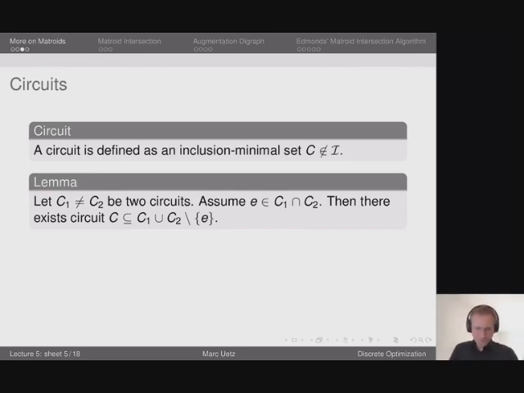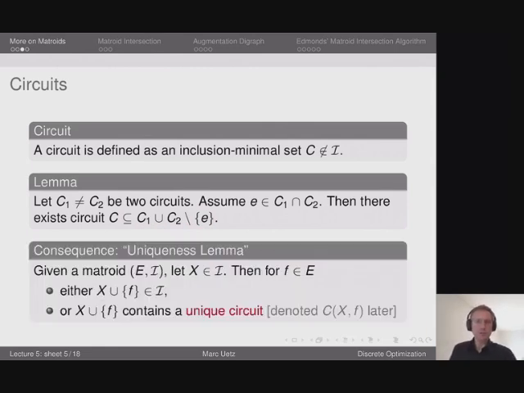Okay, so whenever I have two different circuits, C1 and C2, which share a common element E, I can find a larger circuit C consisting of the elements of C1 and C2 not containing this joint element E. So this per se is not extremely interesting, but it has a very important consequence, which is this so-called uniqueness lemma. So if you give me a matroid, an arbitrary matroid, and an arbitrary independent set X,